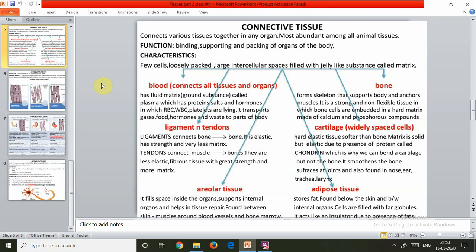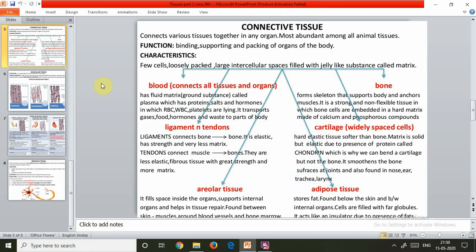Now the bone. The bone is very strong and non-flexible tissue. Like cartilage, bone is a specialized connective tissue. It is porous, highly vascular, mineralized, hard and rigid. So the bone matrix is in the form of thin concentric rings called lamellae. In bones, the matrix is present in the form of rings, and these rings are called lamellae,